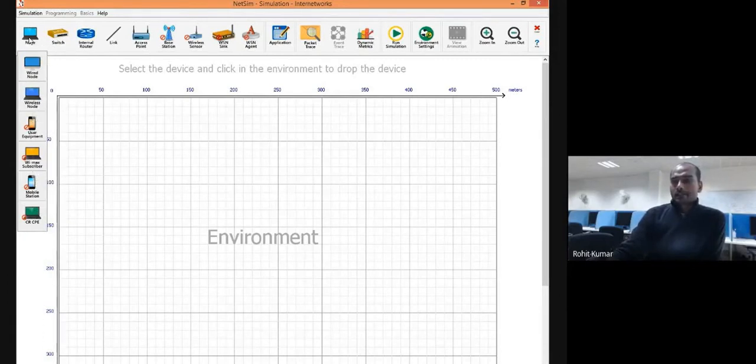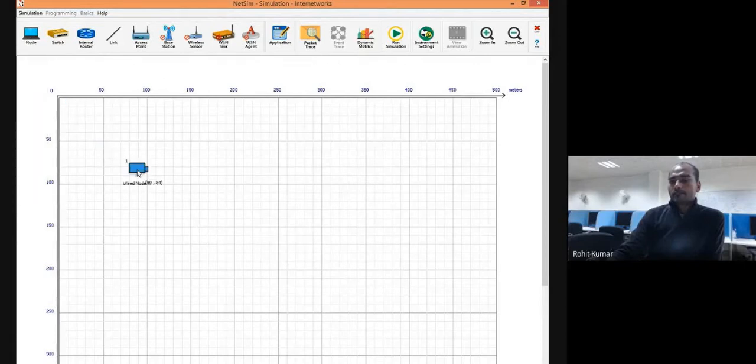You can simply click and drag and drop here. So I click here and choose the wired node and just simply click here. Click there, click here. That's all. So in this way, you can put multiple nodes. No worry. Right click on any particular node and you can go into properties, change icon, and you can remove it. Okay. So if you want to remove it, it will simply get removed